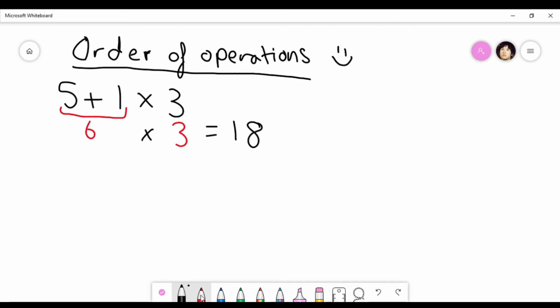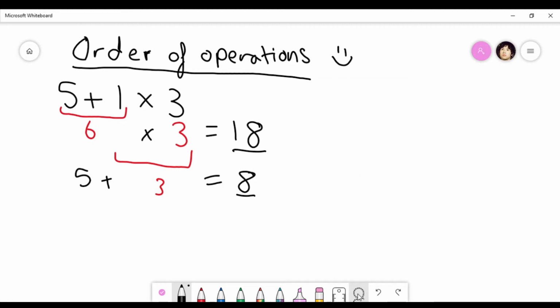But what if I do it the other way? Say if I did 1 times 3, which is 3, and then 5 plus that, which is 5 plus 3, which is 8. Now obviously you don't get the same answer, so we had to decide on which way to do things, and